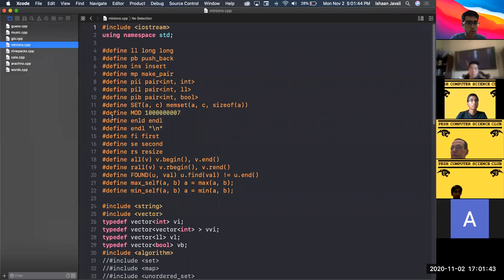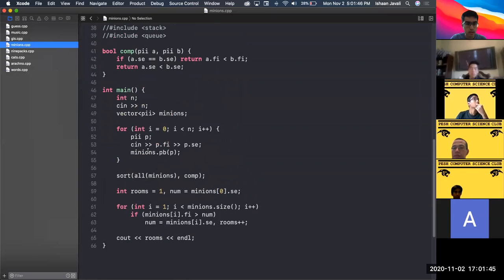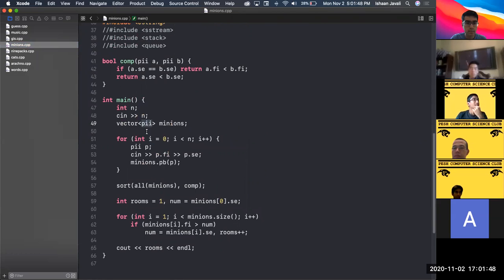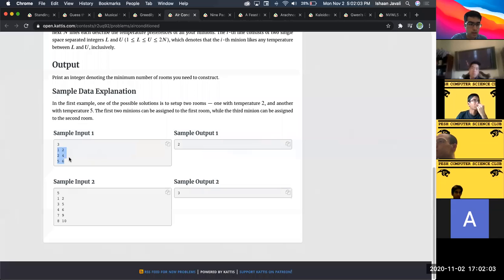But C++ has one. It's called pair. Wherever you see PII, that means it's a pair of two ints. P.fi means it's the lower temperature that the minion likes, and P.se means it's the upper temperature that the minion likes. And the idea for this problem is